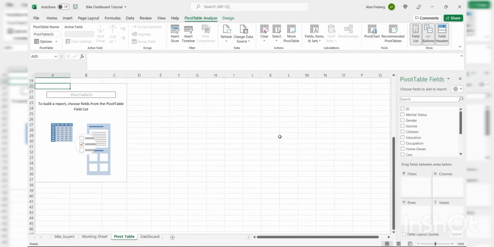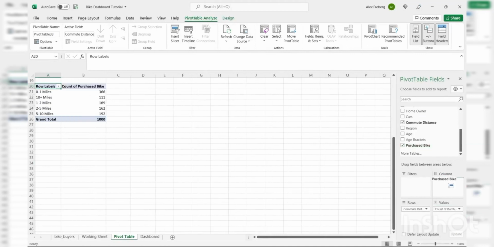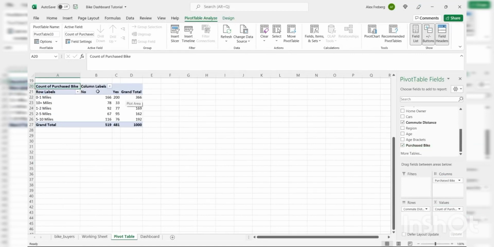So what we're going to do is look at the one that we were looking at earlier, the commute distance. We're going to bring that right over here. So we have these, 1 mile, 10 mile, 1.2, etc. Now, again, we're going to look at if they purchased a bike. That's really important. And let's make that the column as well. So now what we have is a count of these no's and yeses, whether they did or did not buy